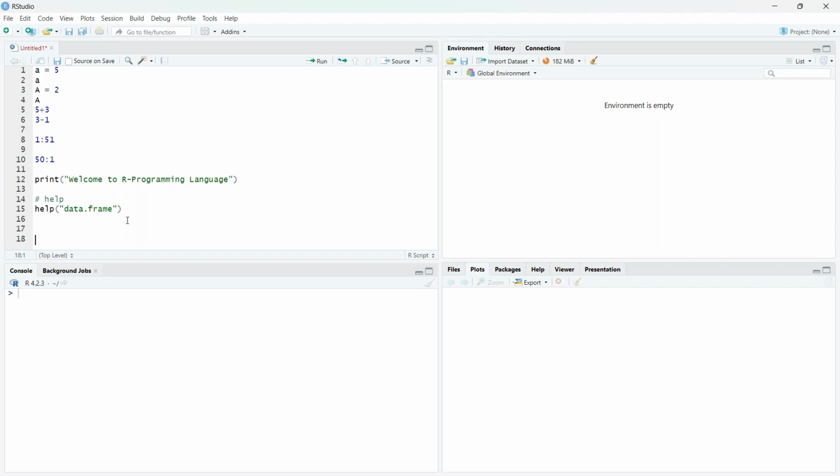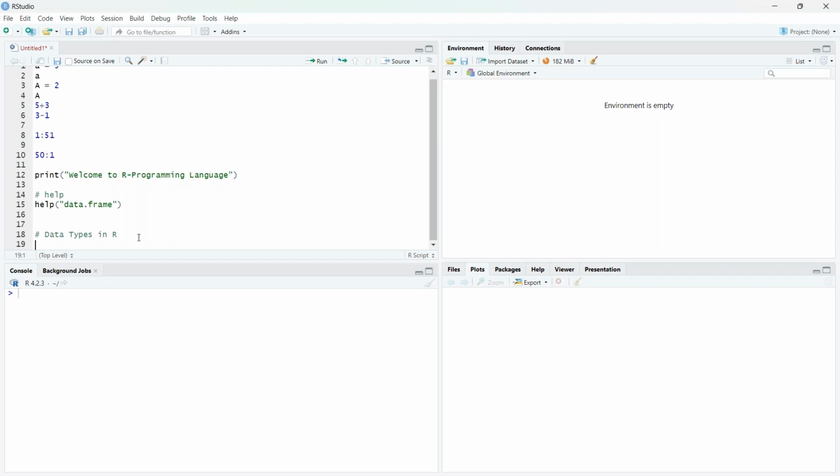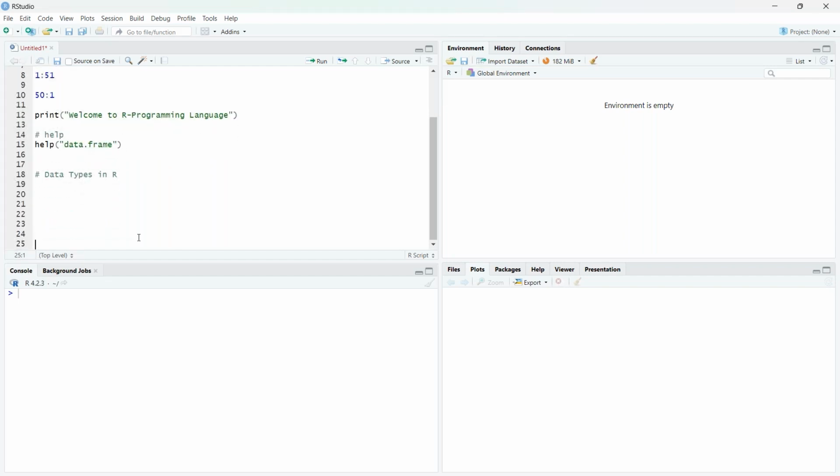So these are the few data types, as well as the data frame and series in Python. So what are the different data types in R? Let me tell you how many data types are there. Let me write the data types over here. Data types in R. So how many data types will be there in R? We will be starting with the